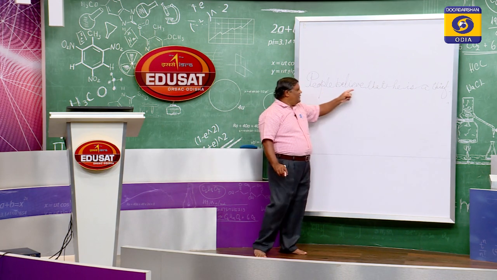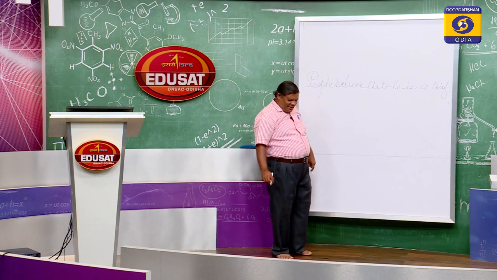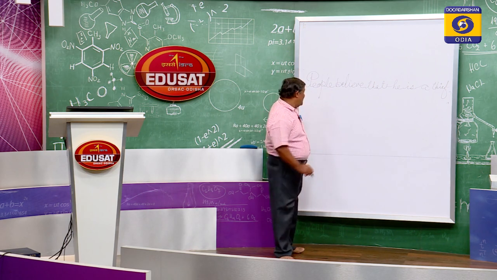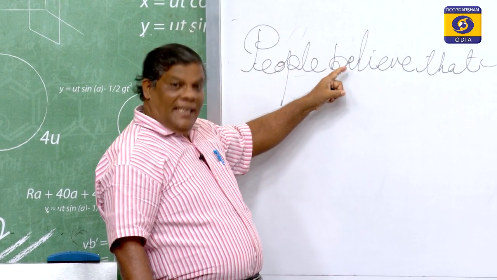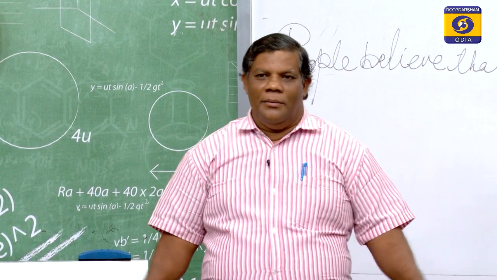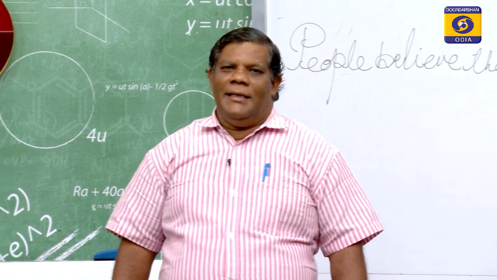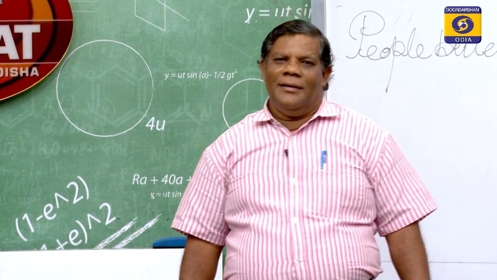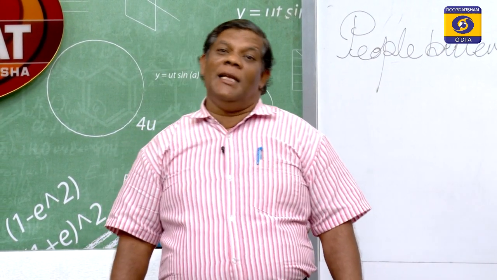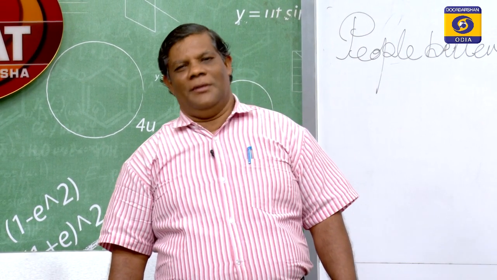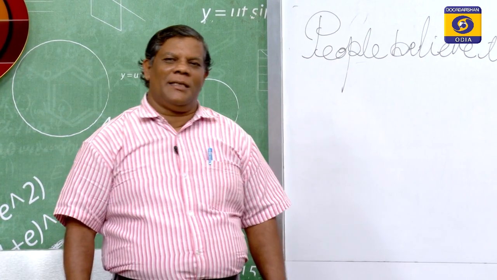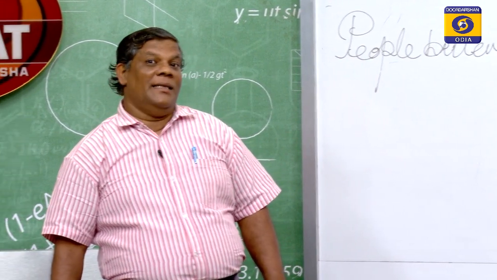So, people believe that he is a thief, and when we make such sentences passive, we can passivize them like this. The first is, it is believed that he is a thief, no by agent required. It is believed that he is a thief, or in the other way you can say he is believed to be a thief. In two ways we can do it,